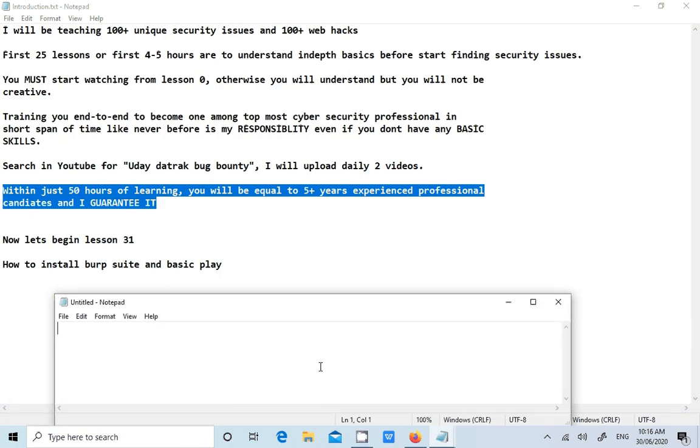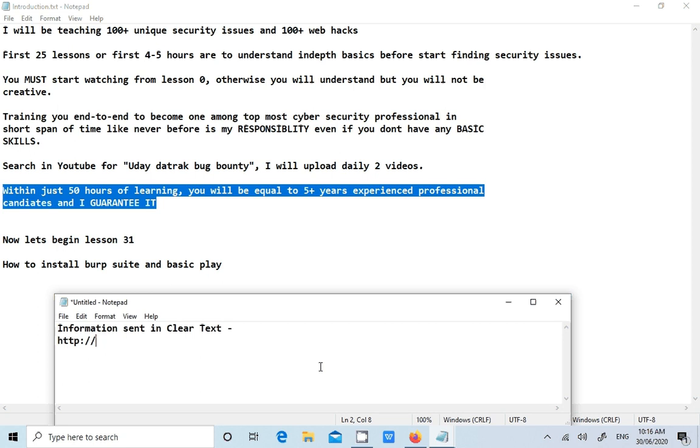Issue name is information sent in clear text. First we'll discuss the issue. Sometimes a web application will run over the HTTP protocol. That means your username and password will be sent in clear text to the server.